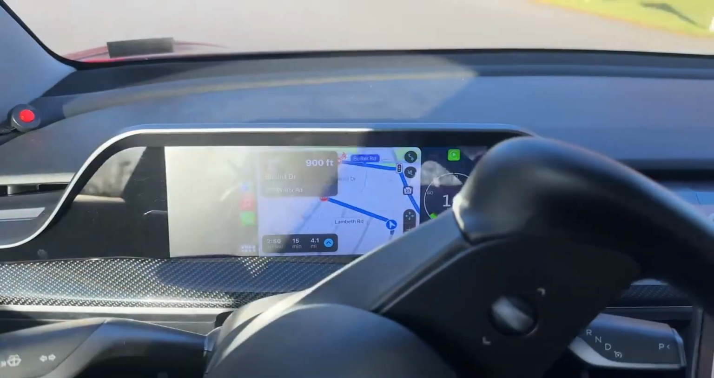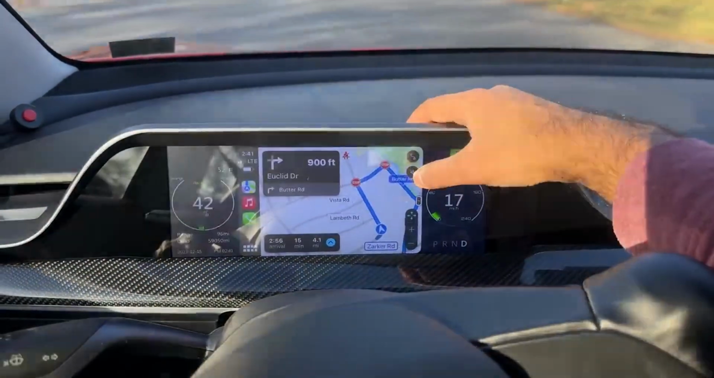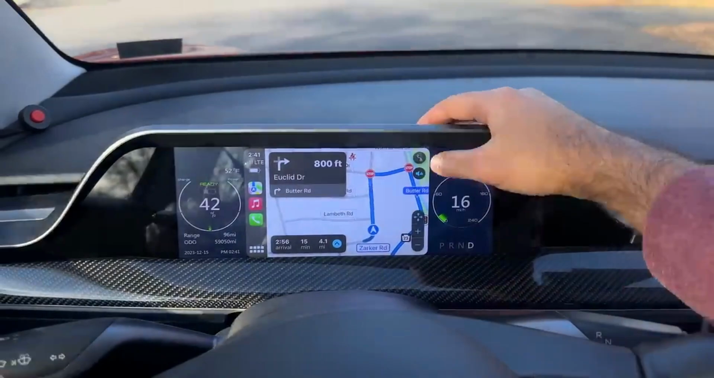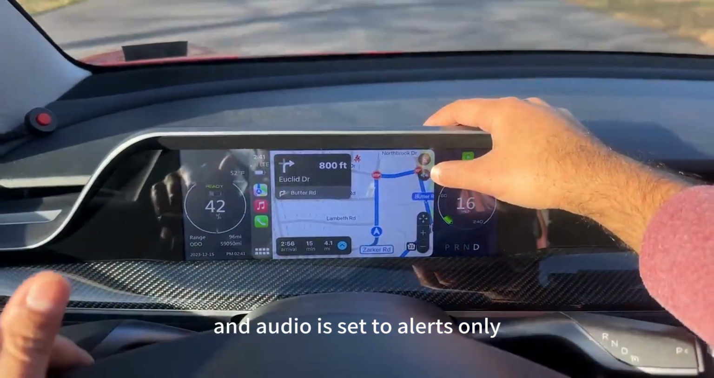There you go. And we have turned the audio off, but we can turn the audio on. And audio is set to alerts only. Only important